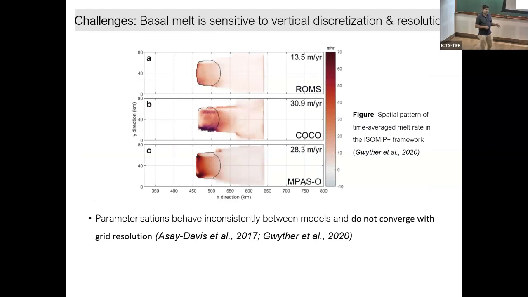Now, what is the problem? Yes, the problem is the modeling. That's why we want to understand this small scale feature much more accurately, so that we can correct the model. So here is the present state of the modeling. I'm not talking about the global model. This is absolutely a regional model, and different models give you very different scenarios of melt rate, and different patterns of the melt rate. All these models are only focusing on one particular ice shelf, not the whole Antarctica. It is very high resolution, but these are all regional ocean models, and you see there's a huge disparity between the models.